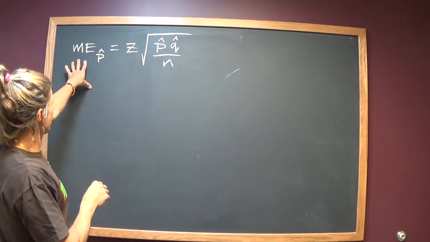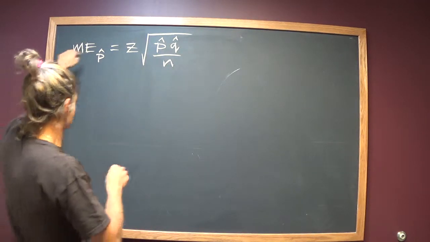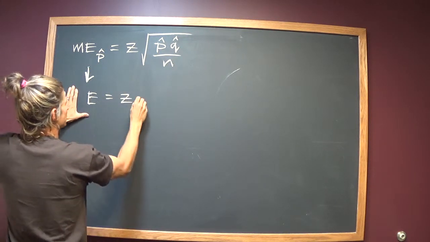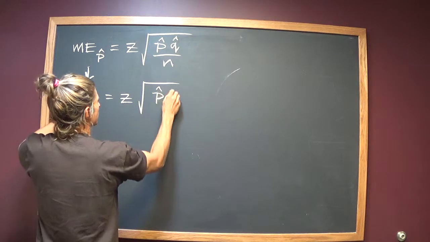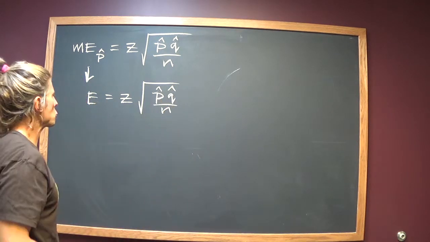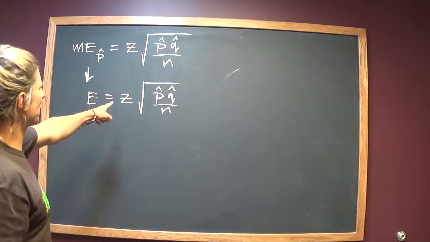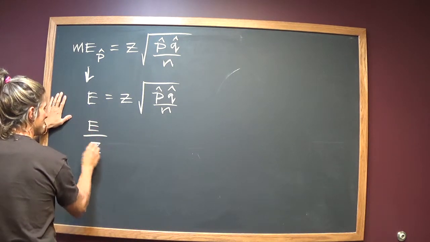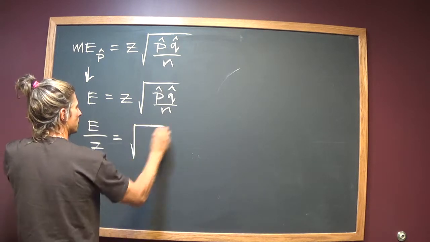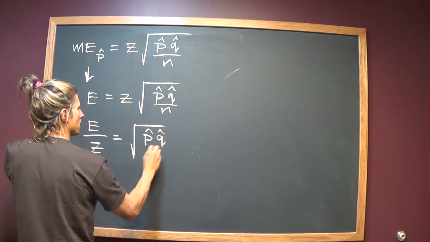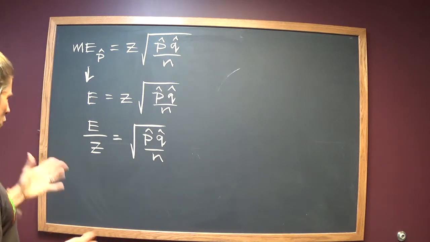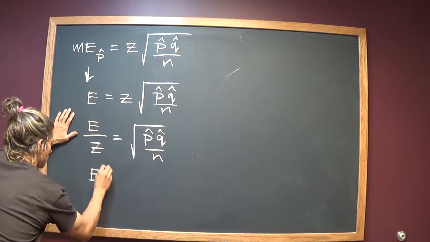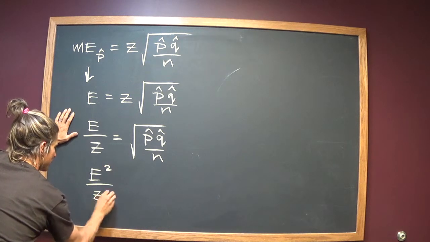I'm going to change this just to e rather than dealing with all these variables. So we're going to rename this e for margin of error. So it's going to be e equals z radical p-hat q-hat over n. Let's see, what should we do first? I think I'll divide by z first. So we'll get e over z, and that's radical p-hat q-hat over n. Let's square both sides to get rid of that radical. So we're going to get margin of error squared over critical value squared